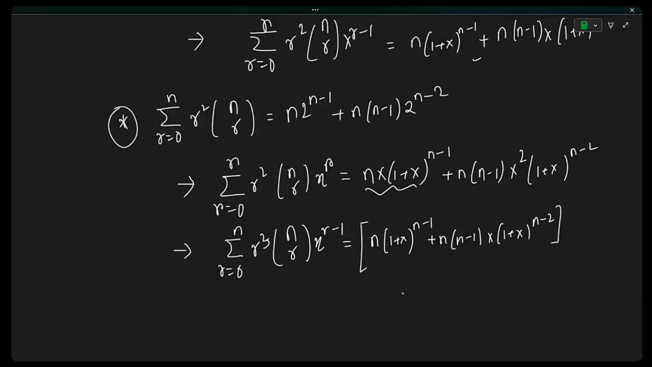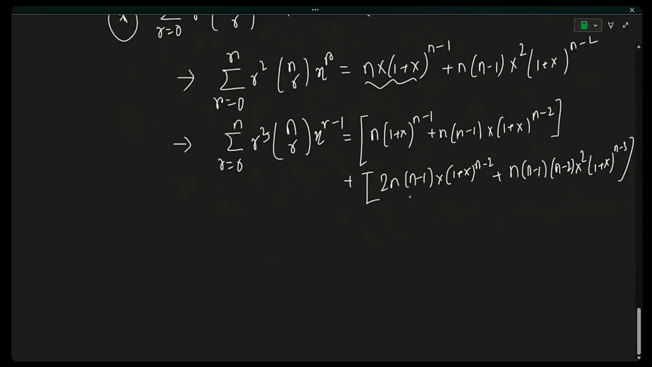And now for this second term, we can do this plus. So firstly, let's do x squared. So 2 n into n minus 1 x into (1 plus x) whole to the power n minus 2. And then let's do that. So that would be n into n minus 1 into n minus 2 x squared (1 plus x) whole to the power n minus 3. This is a long expression, but since we are going to put x equals to 1 anyway, therefore you get summation r equals to 0 to n, and then you get r cubed nCr is equals to, let us put x equals to 1, we get